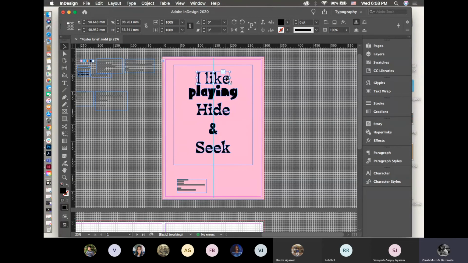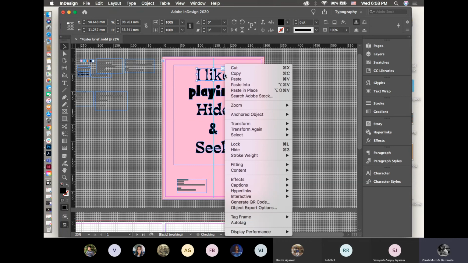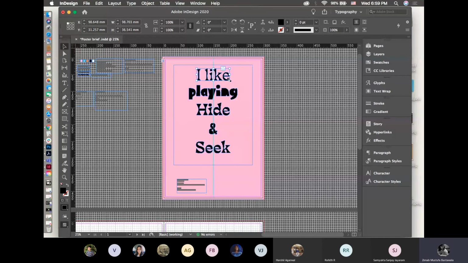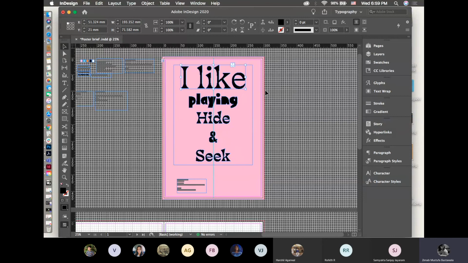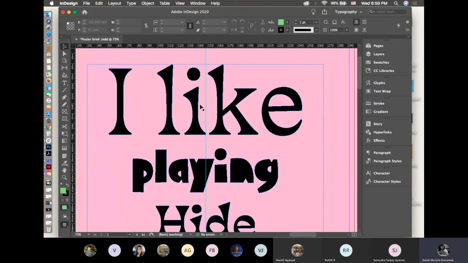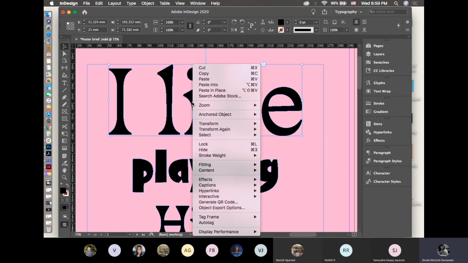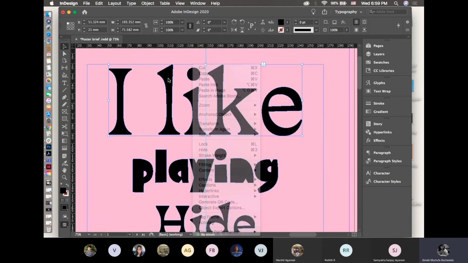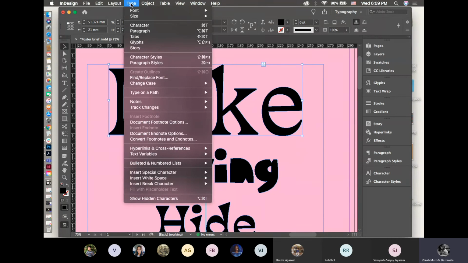And now each letter is an object. So if I want to make it big, I can make it big. I have actually created all of M as an object. I also want to decode this. So I'll again go and